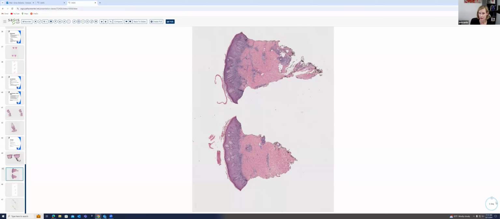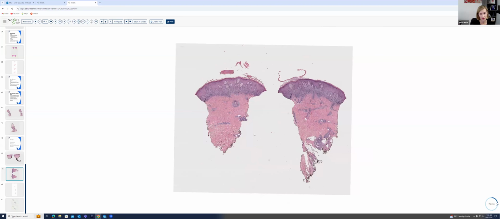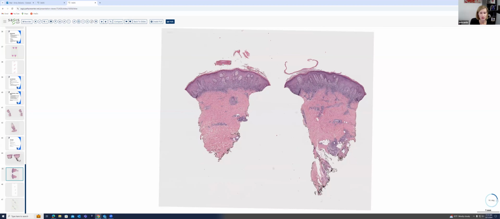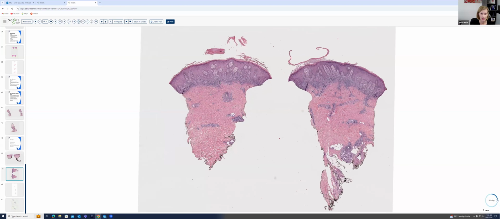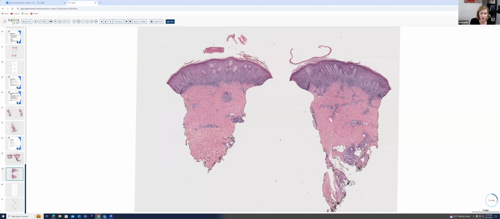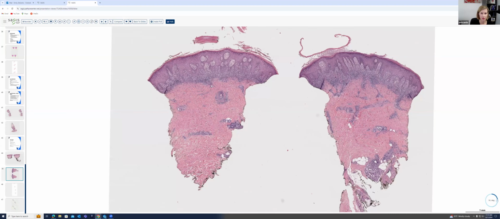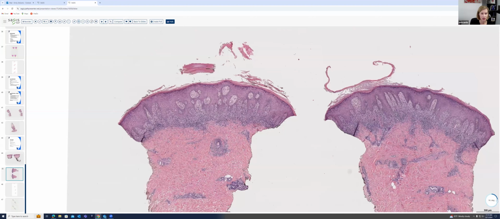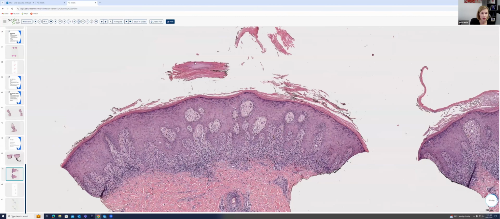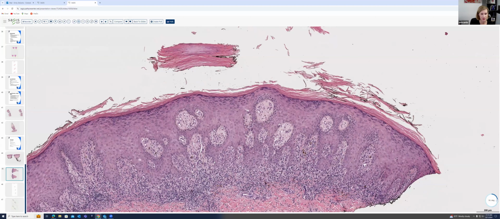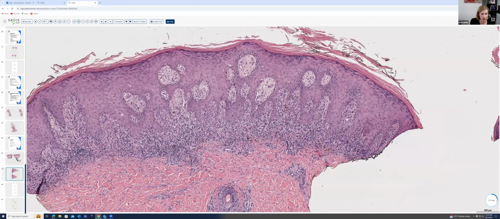Here is another case that at low power appears very similar to the previous case, except we do see a little area that's suggestive of some parakeratosis. We have a nice band-like infiltrate, wedge-shaped hypergranulosis, obscuring of the dermal epidermal junction. But at higher power, we do have this focus of parakeratosis. Over to the right, another focus of parakeratosis. And as we zoom in on this infiltrate